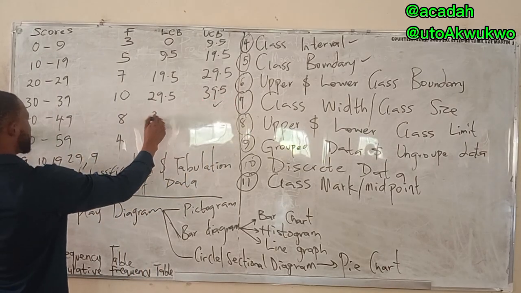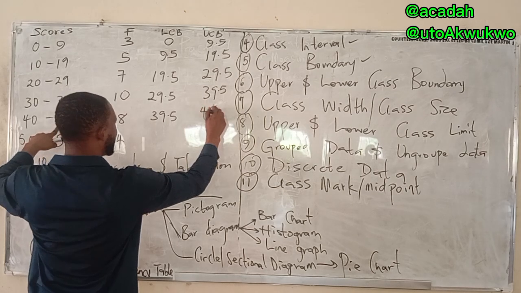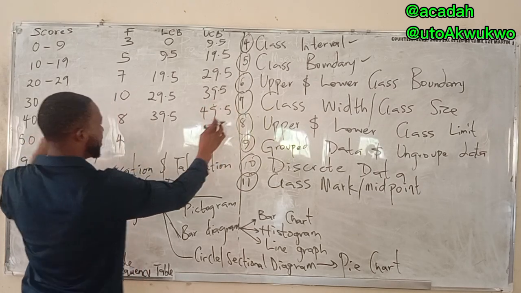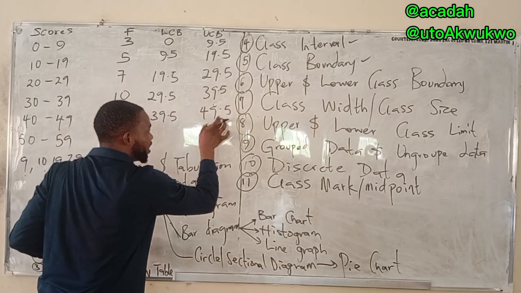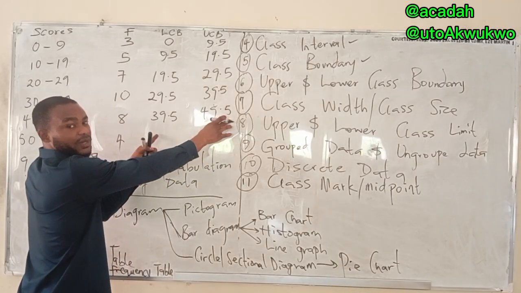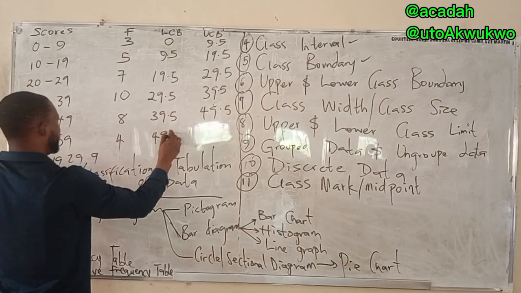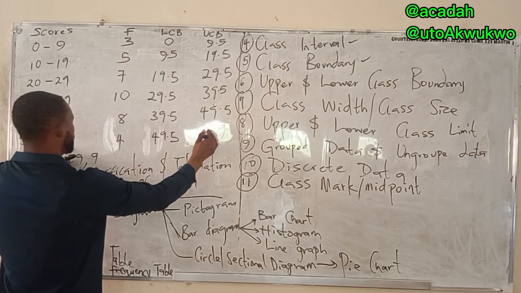This will become 39.5. This will become 49.5. And if you observe, you notice that the minute you find the upper class boundary of a class, it becomes the lower class boundary of the other class. So this now will become 49.5 for this one. Then this will become